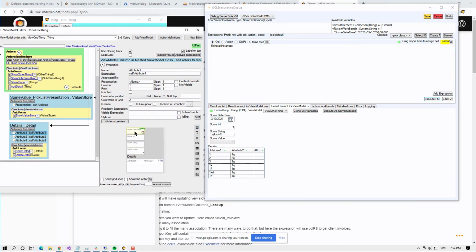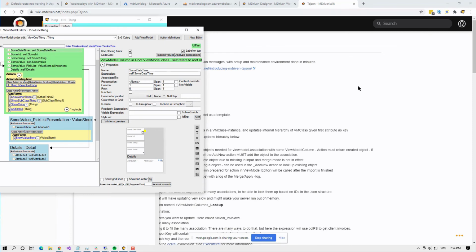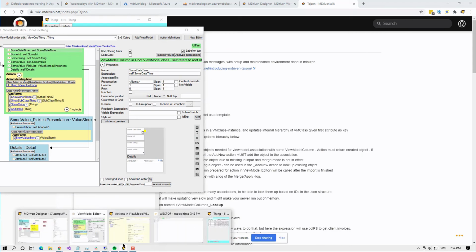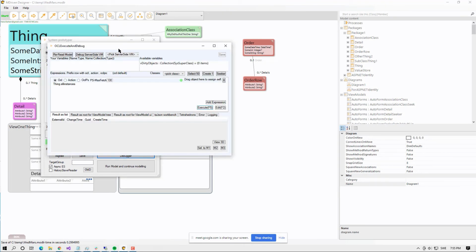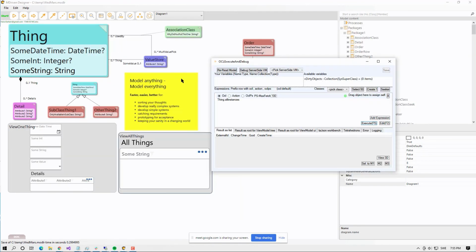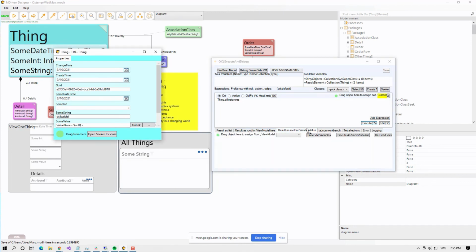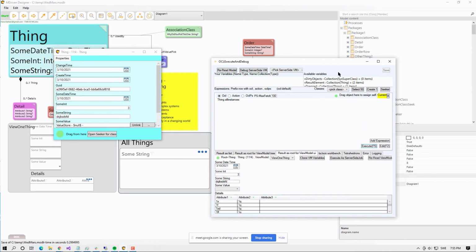make this, as I do my updates here, of course I'm able to... now this one's come from the wrong place, so I'm going to save that one. I need to start it this way. One second. Start the debugger this way. I'm going to close this window because that's modal, and I'm going to look up things. I'm going to drag that one over here and view one thing. Now I'm back where I was,